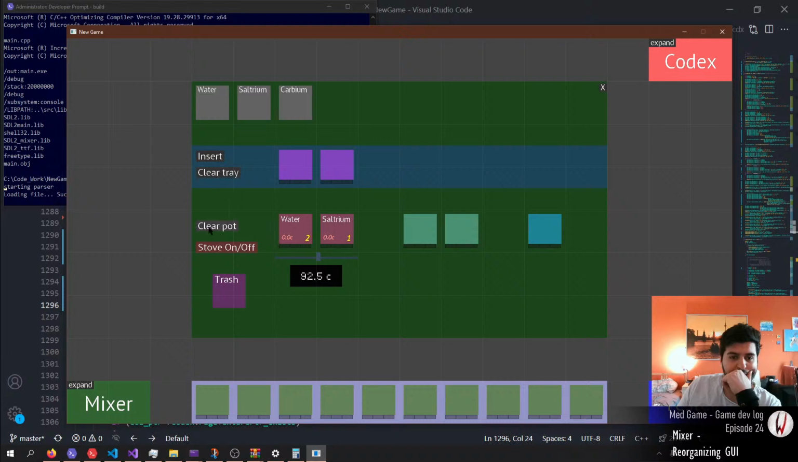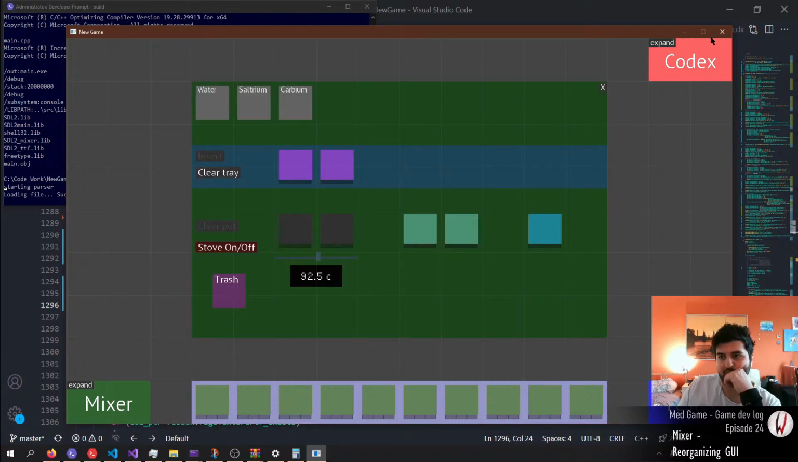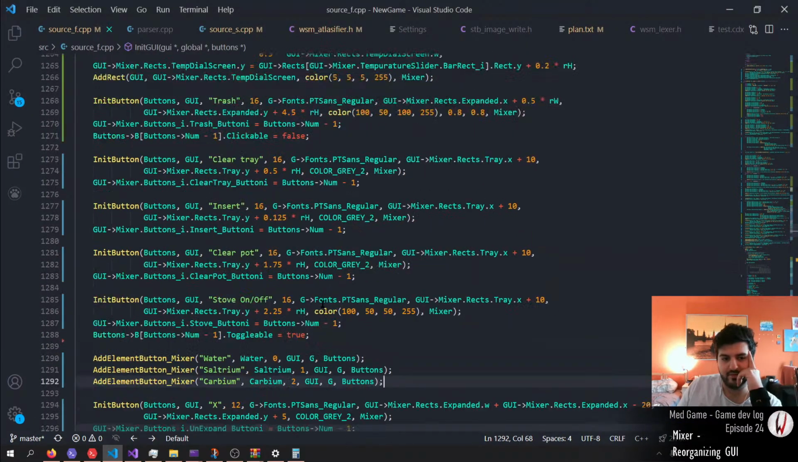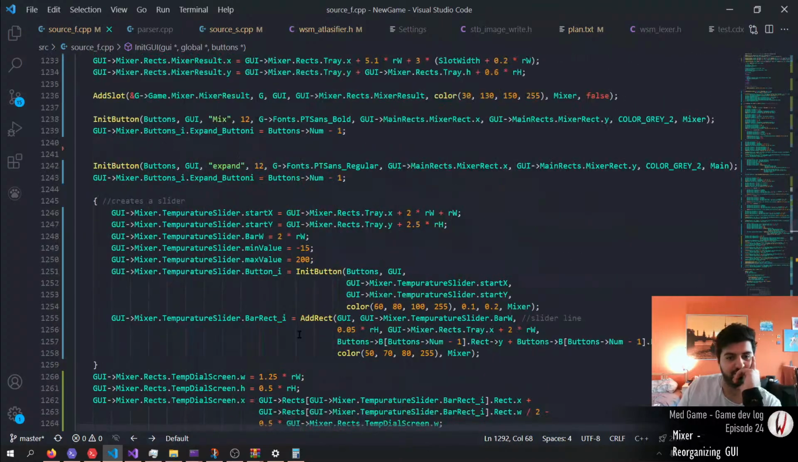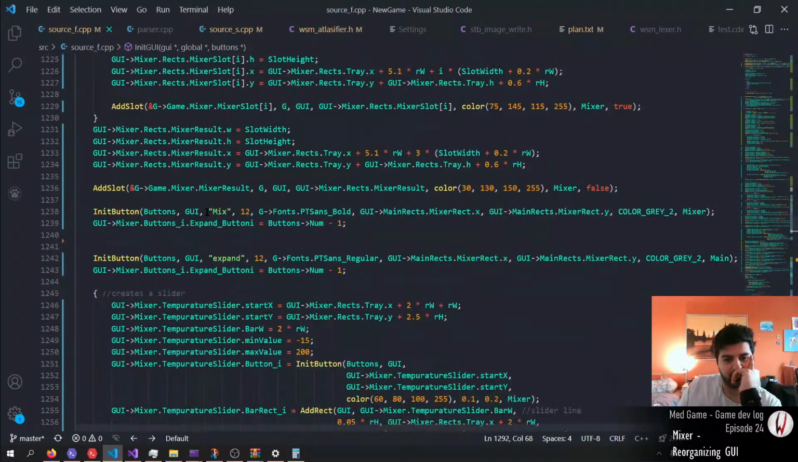Yes, all the buttons work and do their thing with no problems. Isn't that beautiful? Alright, it's getting better and better. Alright, so here,